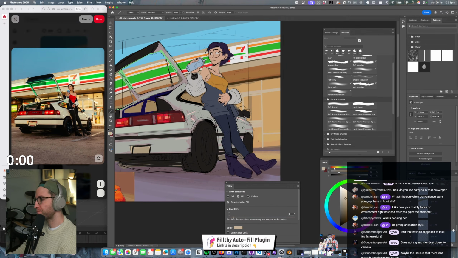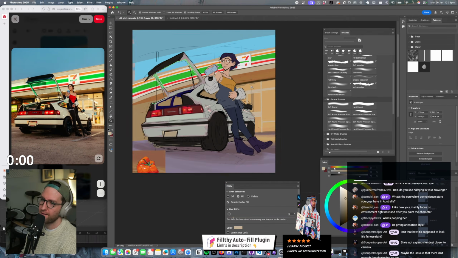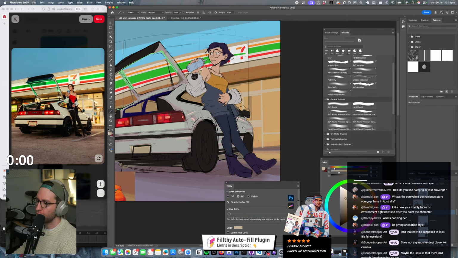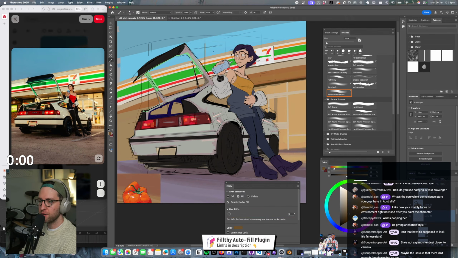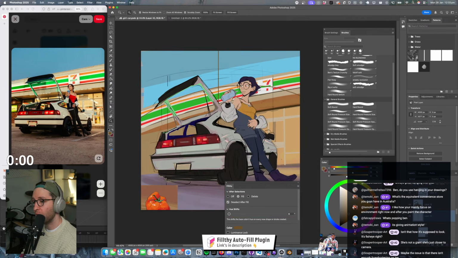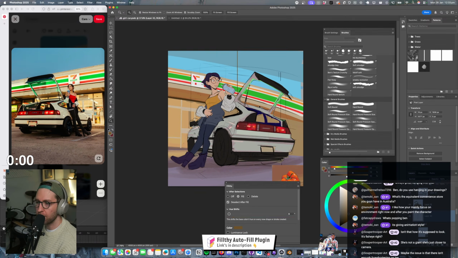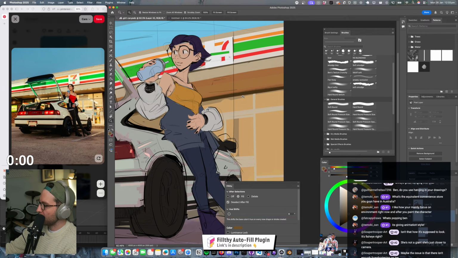I almost think, as I'm going through this as well, this background could maybe benefit from following the same trajectory. So maybe it's actually got a curve. If this is our focal point here, like in the middle, maybe this whole thing should also be curving like that. I wonder. Let's keep going. We can always distort it later.